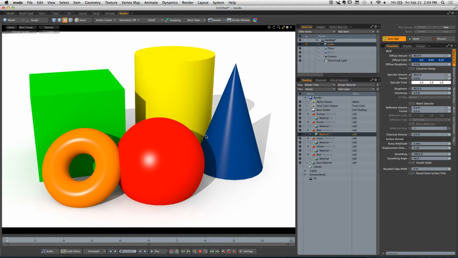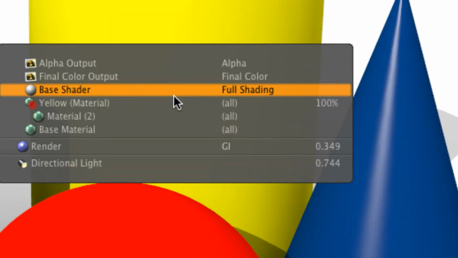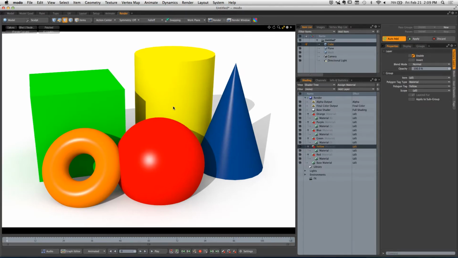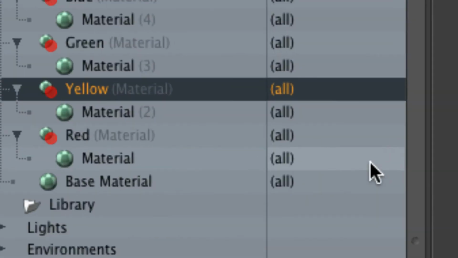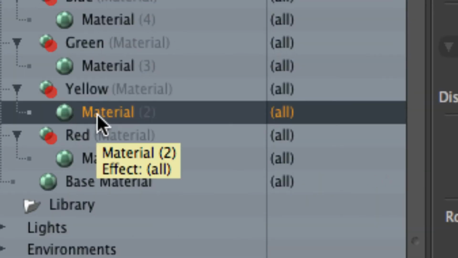So what we're trying to do here is just make it easier for us to select existing materials and edit them. Okay? By right-clicking in the preview window on any shape. Check it out. I'm going to right-click on my yellow cylinder here, right? You're going to get a little popover. And this popover is going to tell you which elements inside your shader tree are influencing the yellow cylinder, right? Now I'm looking for a material group. I see one in that list called yellow, right? Well, if I click on it, it's automatically going to select that for me over in the shader tree. Boop. And it's automatically selected over here. Now I can just go in and make the edit pretty quickly. Okay? It's just a way for us to very, very fast and easily get to the element that we need